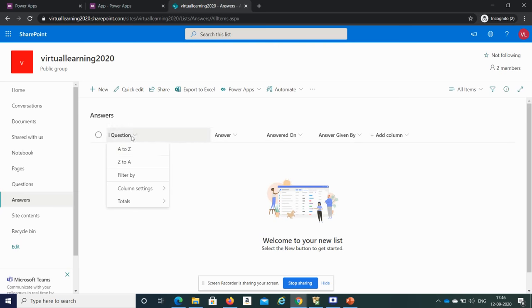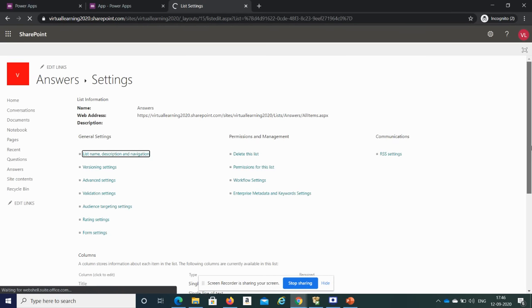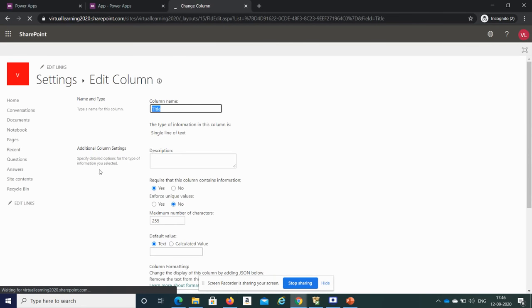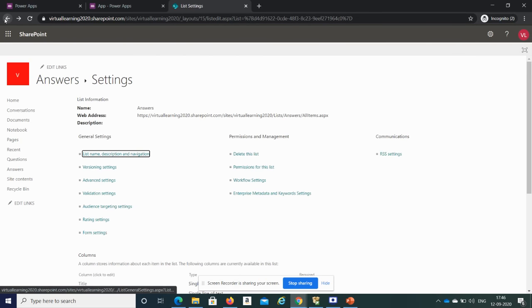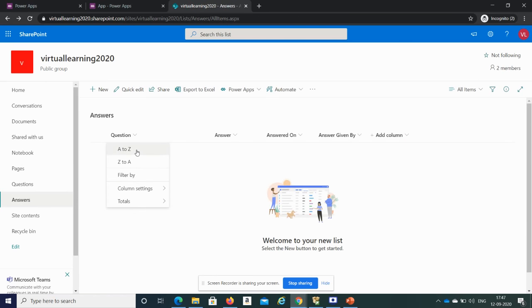So let's see what the internal name of this is. We'll go to list settings. This title I am using as question. Okay, so this is the internal name. Here it is not reflecting. It should reflect. I will just go A to Z, then in this place I can see what it is showing. See, title.